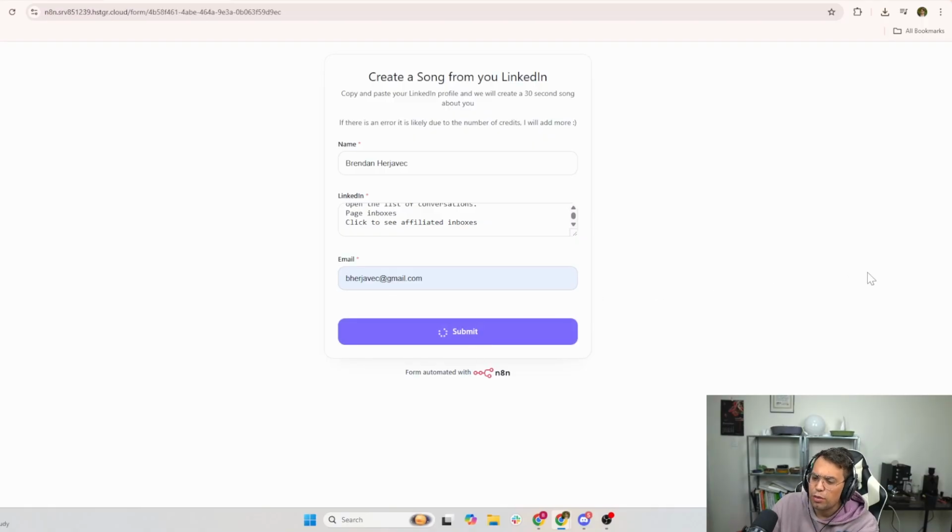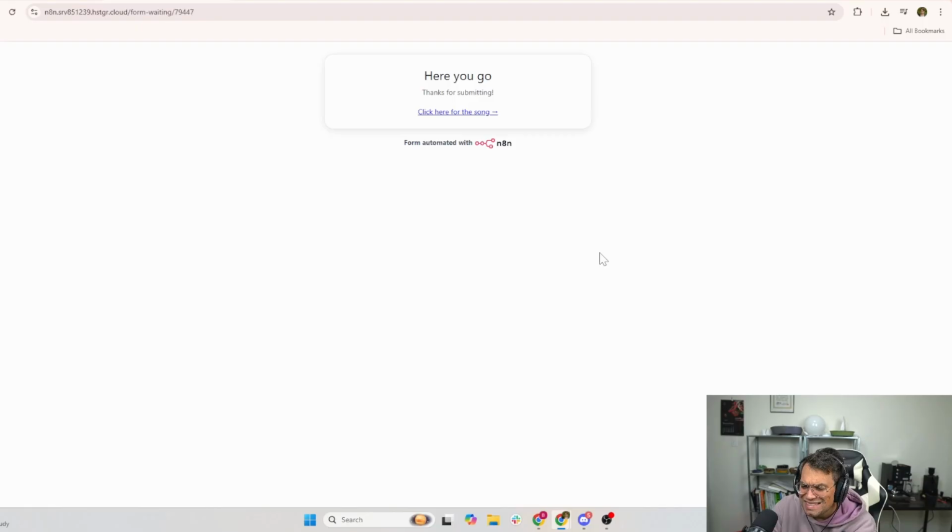This typically takes about 30 seconds. Other ways to do this, if you have an Excel sheet, you could probably do this for a lot of people at once, but this is just to test it out. If an error is thrown, 9 out of 10 times it is probably just due to credits, because I'm on a bit of a trial account here with ElevenLabs. The song creation isn't that expensive. On average, an enterprise plan probably takes about 30 cents, I believe, or 50 cents per song.